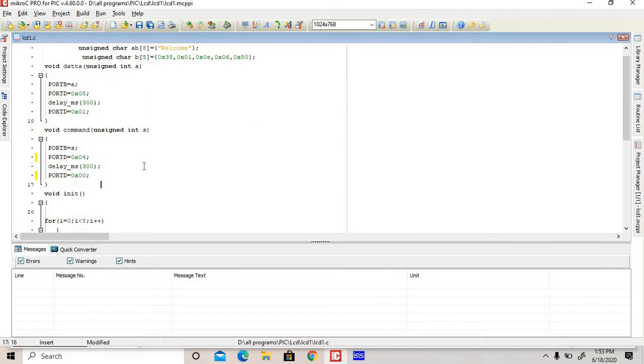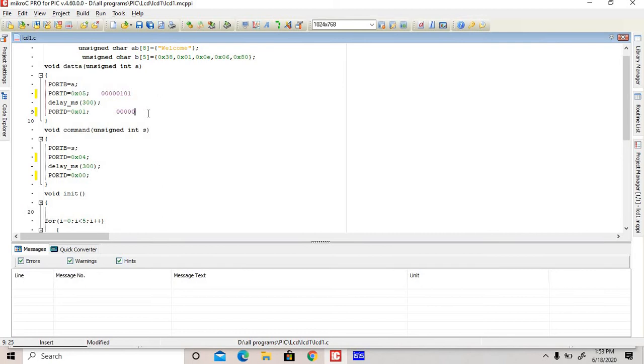In the case of display, this one is for display purpose or data purpose. RS equal to 1 means data, RW is 0 for write operation, enable is 1. Then only the RS pin is 1, with a high to low pulse, EN is 0 then 1.